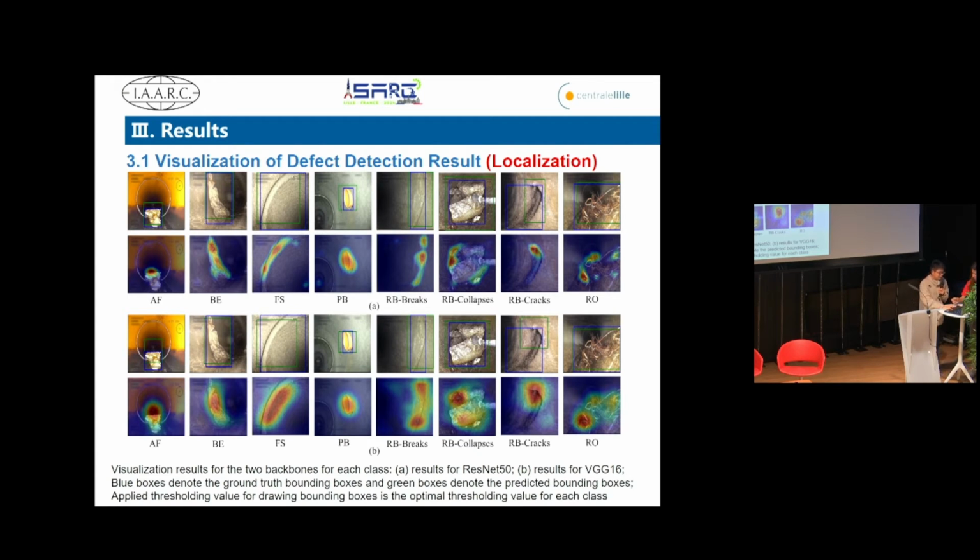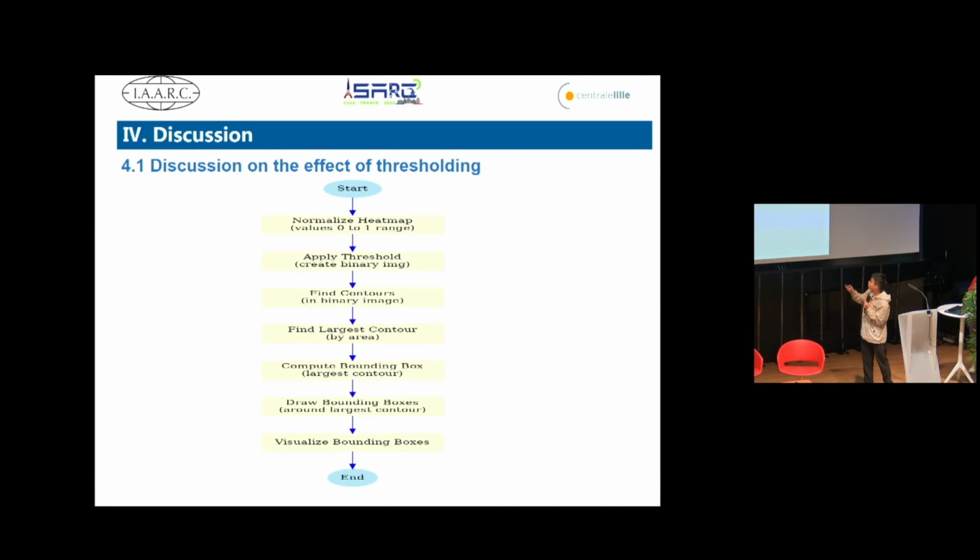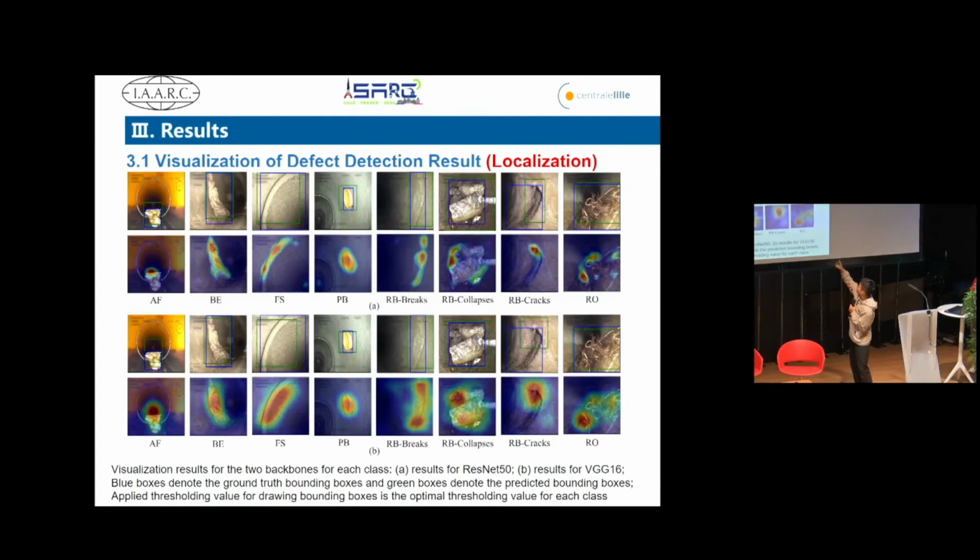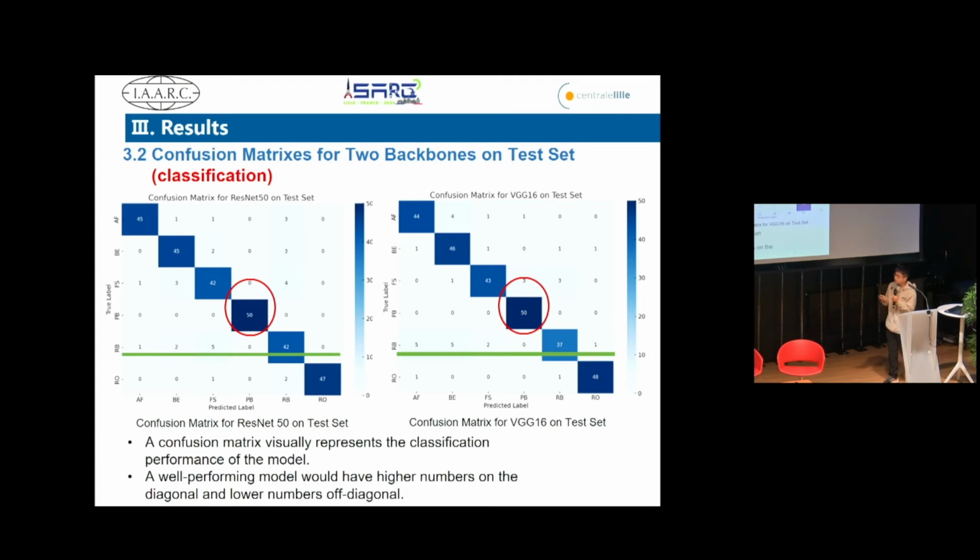And after we apply a thresholding value, the predicted bounding boxes can be drawn on the original image, which is the green bounding box. And the blue bounding box represents the ground truth bounding box. The closer the two boxes are, the better the localization precision is. We use confusion